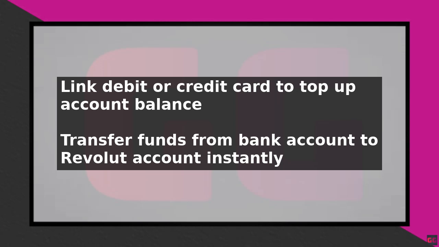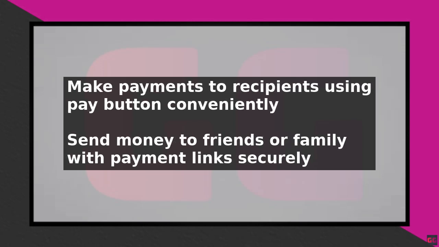To make a payment, you can use the Pay button on the home screen. You can enter the recipient's details or select a contact from your phone book. You can also use the app to send money to friends or family who are also Revolut users. If the recipient is not a Revolut user, you can send them a payment link that they can use to